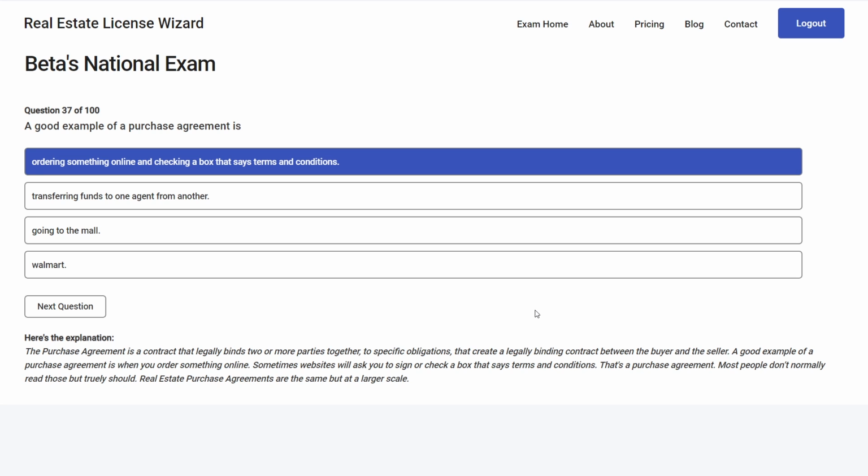They might think, oh yeah, I'm just gonna submit an offer. They might think they're at a flea market and they're just lowballing or something like that. But no, this is a huge commitment. This is a purchase agreement. And while you guys might not realize it, or maybe you do, purchase agreements are a really big deal. And when you're doing something as big as buying a house or putting in an offer on a house, or even something small like ordering something online and checking the terms and conditions, those are all examples of purchase agreements. Now, granted, the repercussions for breaking these agreements are much different for ordering something online versus